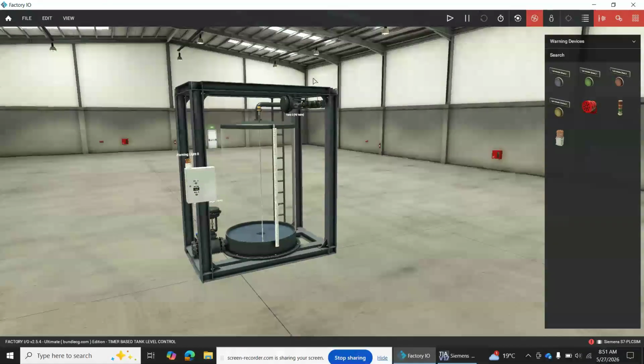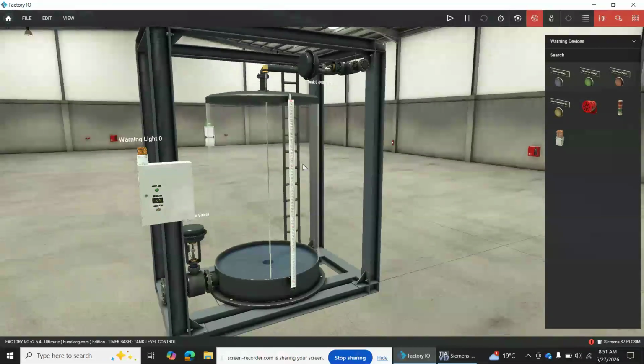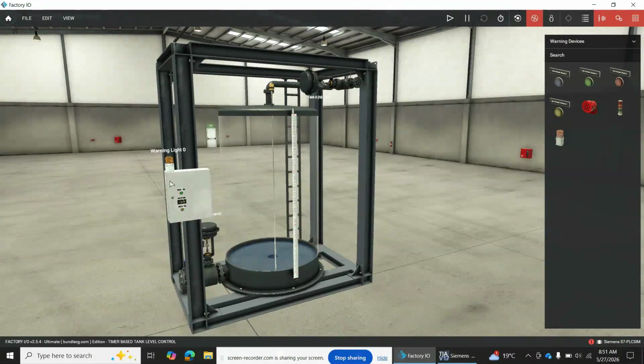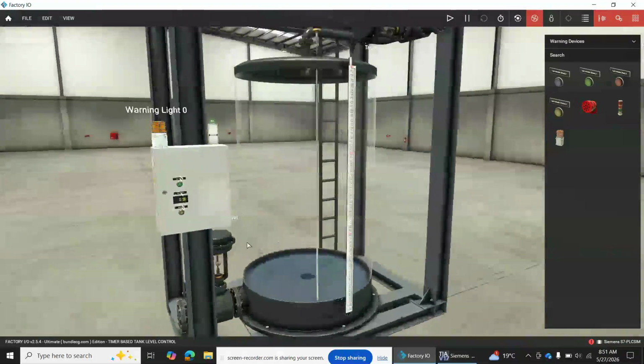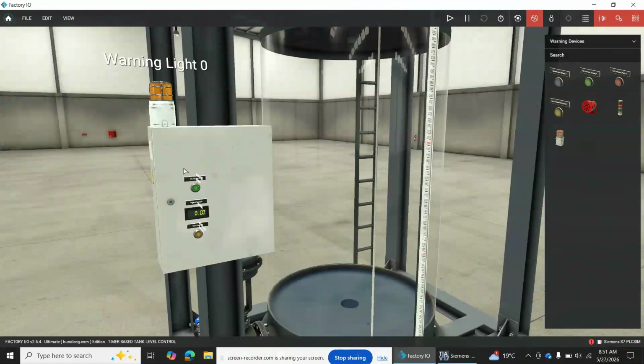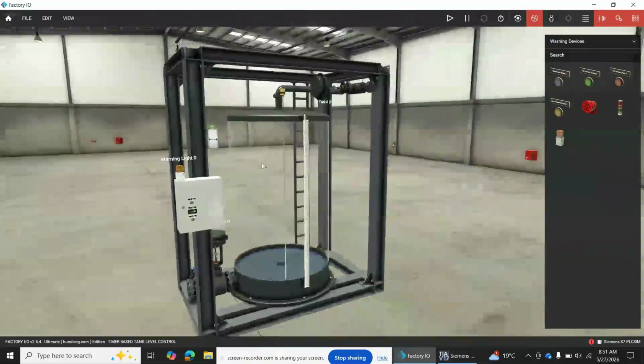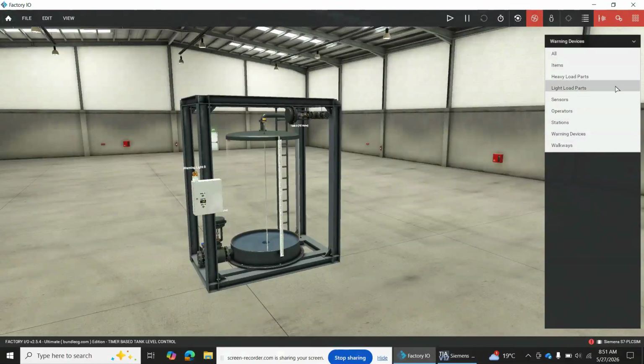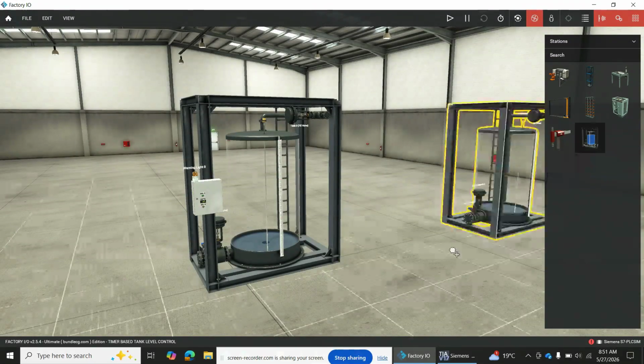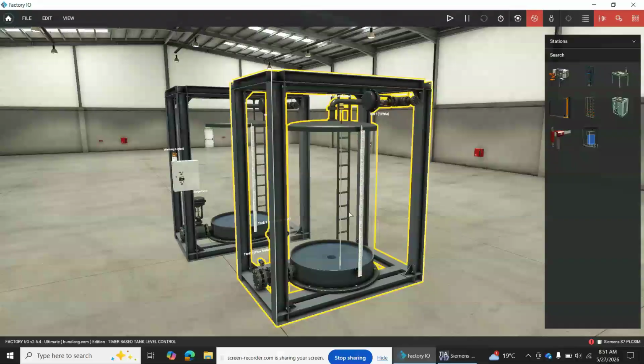So you can just take a snapshot, a picture of this station look-alike. So we have the station and the picture of this switchboard with the buttons and LED display and the warning light. So how I did that, so nilikuja tu hapa nikatafuta stations, nika drag drop a water station like this,